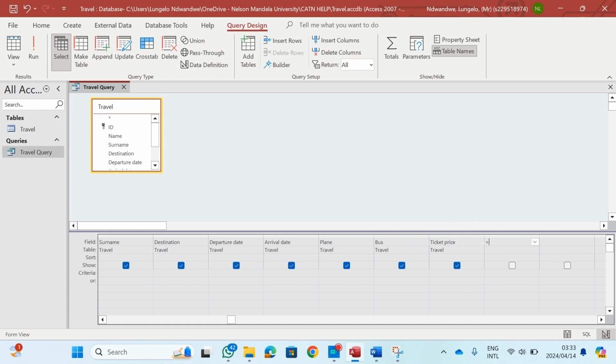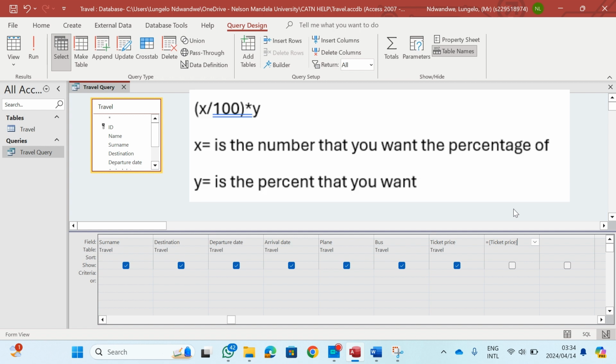If you use a field that already exists in the table or in the query, you must include it in square brackets and write it as it is written here. I cannot stress that enough. It is very important. 1, include it in square brackets. 2, write it as it is. So we're going to have ticket price value, square bracket. Okay, so in the formula, it's going to be x divided by 100, so over 100,